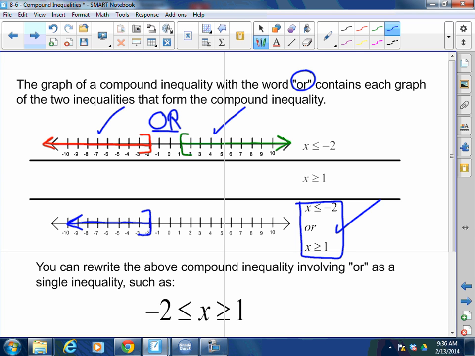Or x is greater than or equal to 1. Ding dong, the witch is gone. Does that make sense, my brothers? Now,